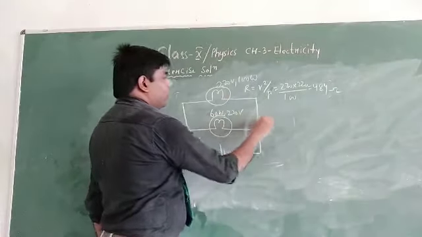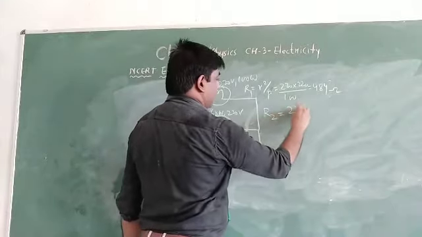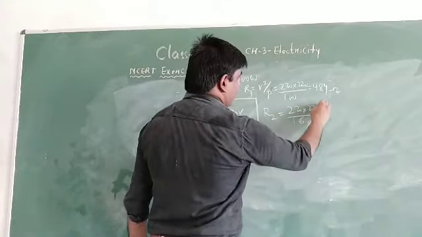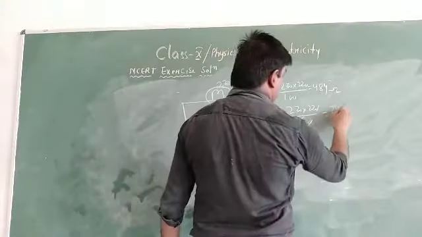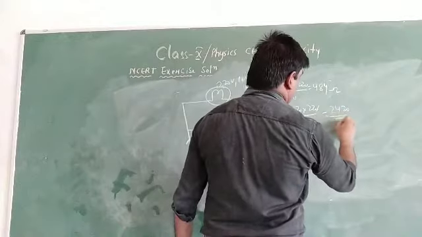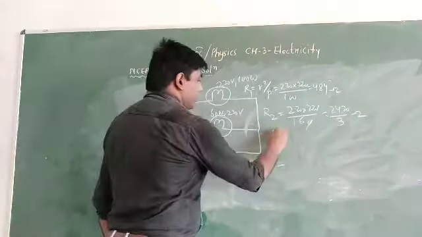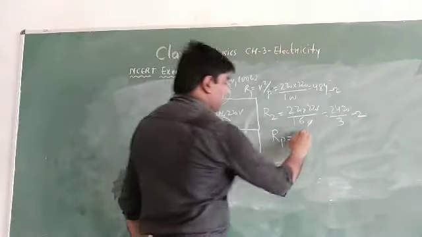For this bulb, it is R1. It will be 24. Right? Now the equivalent resistance RP is equal to